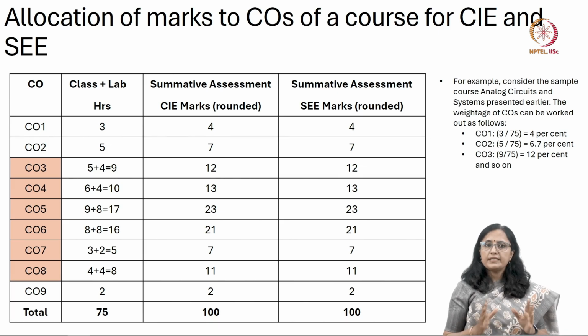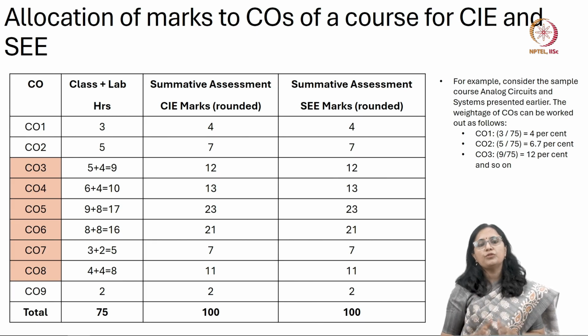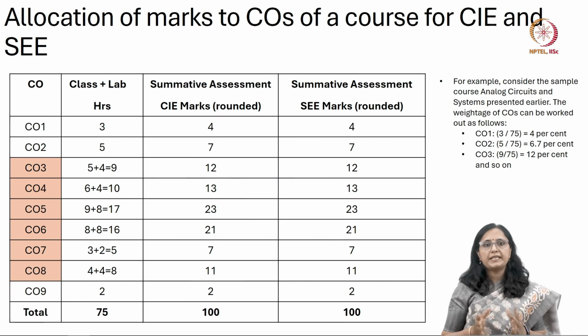Alright. So, with this understanding, now that we know what our assessment instrument looks like, we are very aware about the distribution, the spread. Basically, if we are spending more hours for any course outcome, we are dedicating more weightage for assessment for that particular course outcome. So, it is directly proportional.